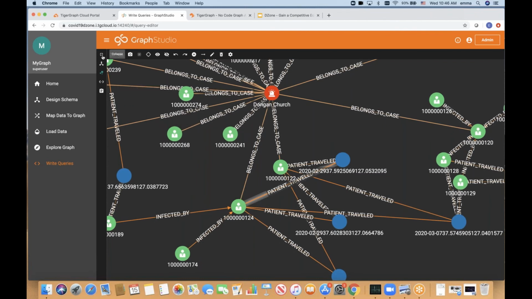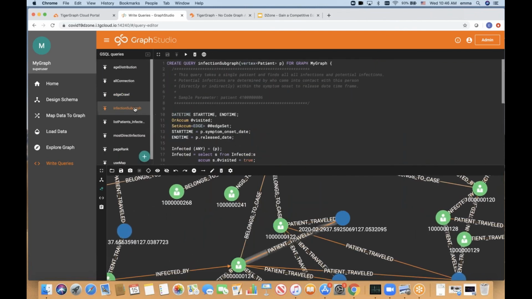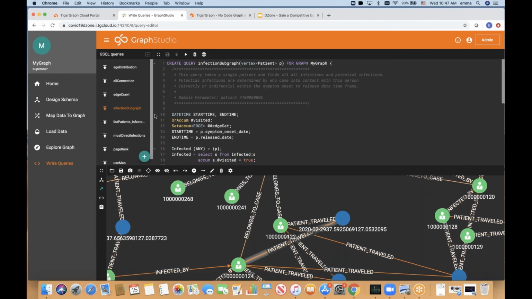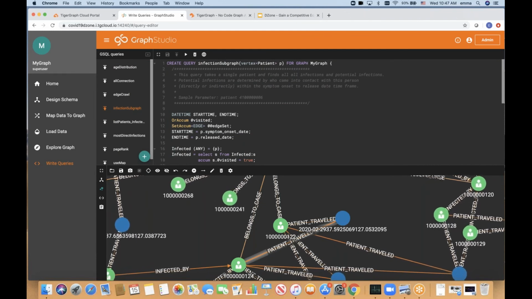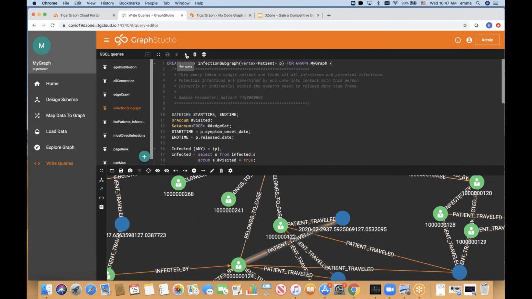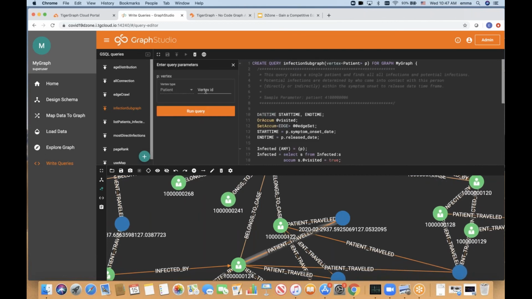Let me just go back and try to see this another infection subgraph. So this subgraph is when you enter a patient ID, you can actually look at how all the infections are related to the single patient.